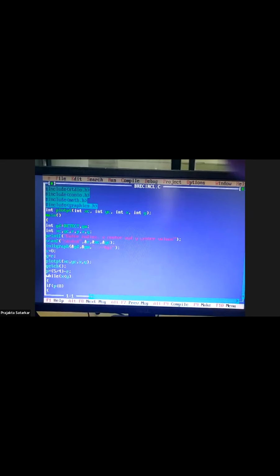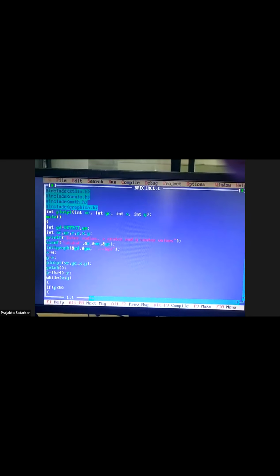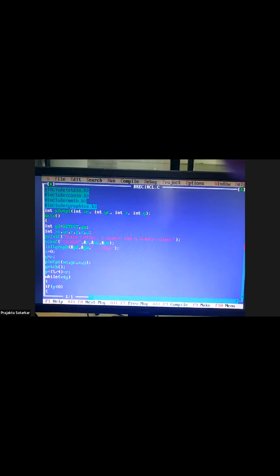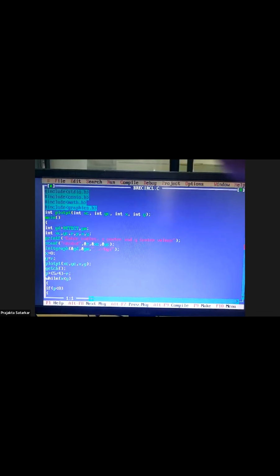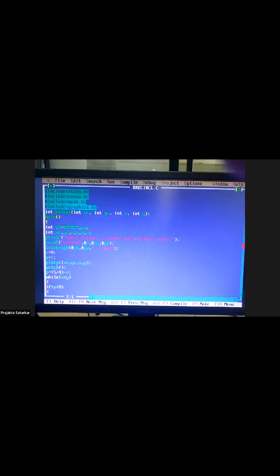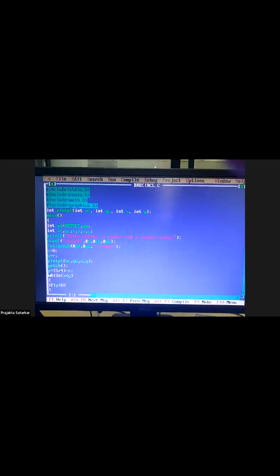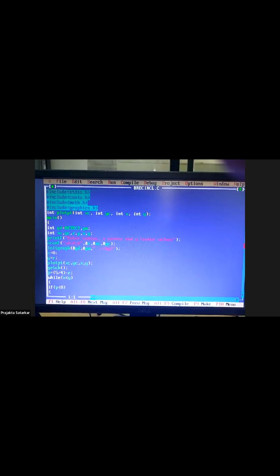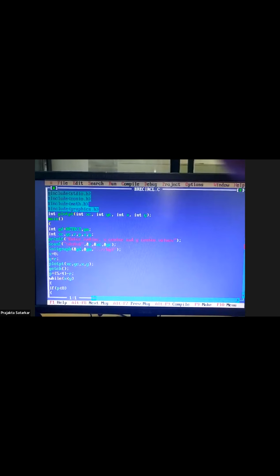From that point we draw our circle, and the circle continues until y becomes equal to x. Till the condition y equal to x, we continue drawing the circle, and then take 8-time reflection of that particular piece. The first reflection is taken with respect to the line y equal to x, so that you get a quarter circle. Then with respect to the x-axis the reflection is taken to get a half circle, and then with respect to the y-axis you take the reflection to get the complete circle.